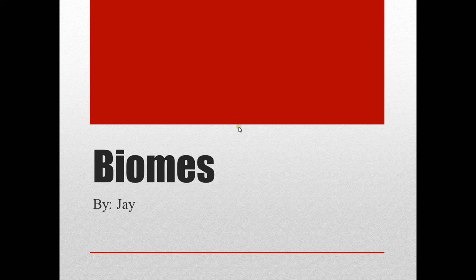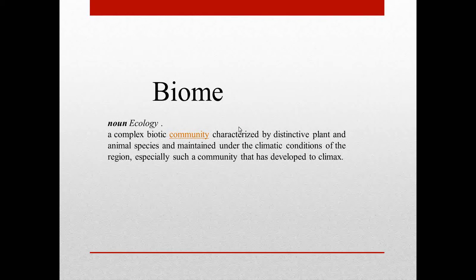Alrighty, hello again. This is the second part of the food webs and biomes section. We'll be learning about biomes right now. A biome is essentially a region that has living organisms, non-living organisms, and also includes environmental factors. I'm going to be explaining all these, but how we're going to look at it is kind of like,